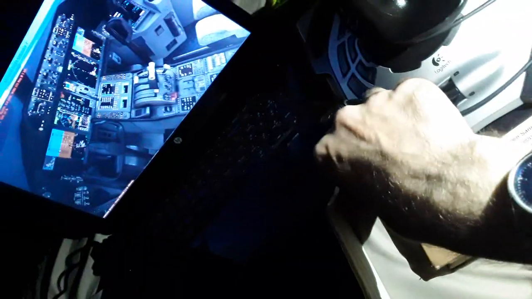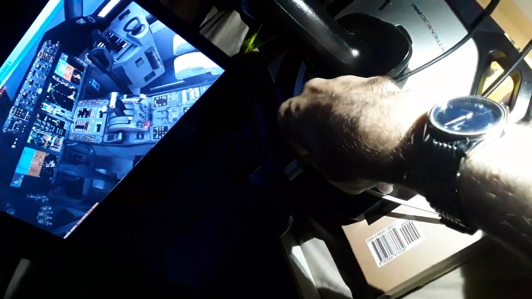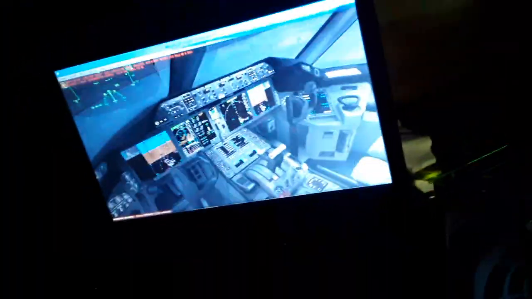So you can use the thrust levers, and you can climb, you can descend the same way, the same moment you use all of the flight controls. You can see the side deflection is proportional to the yoke deflection. So now we'll show you a little bit of the outside view of how you use the flight controls for